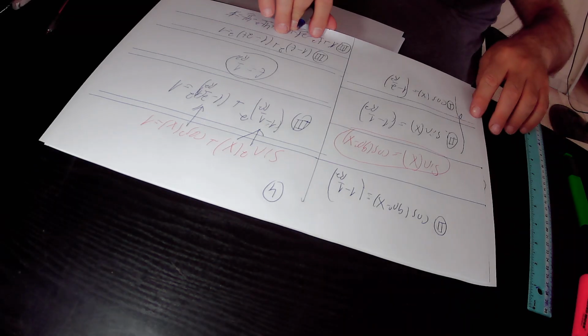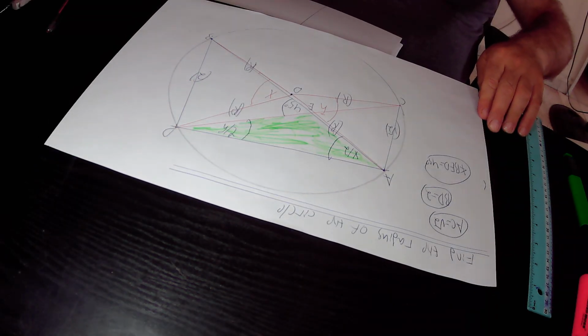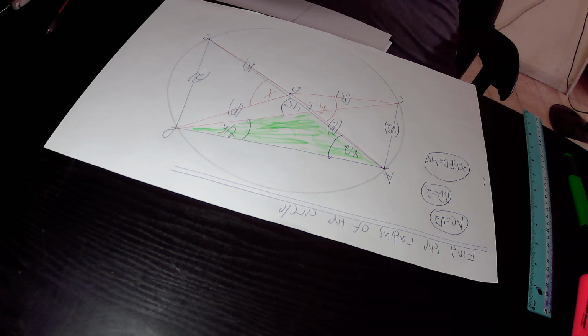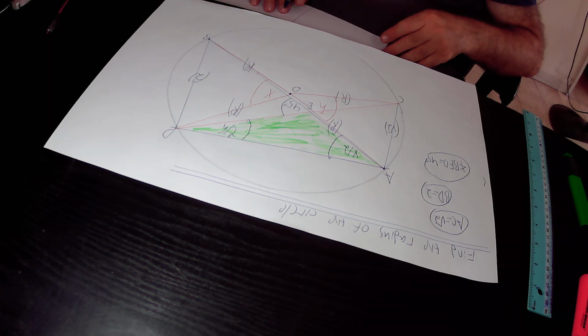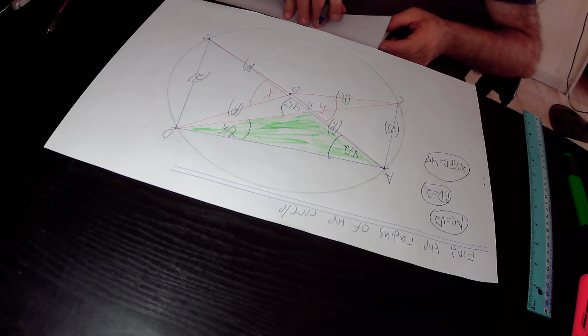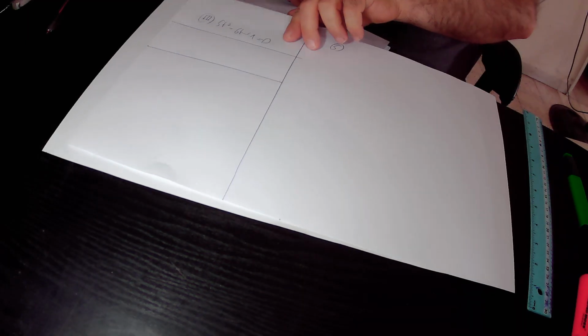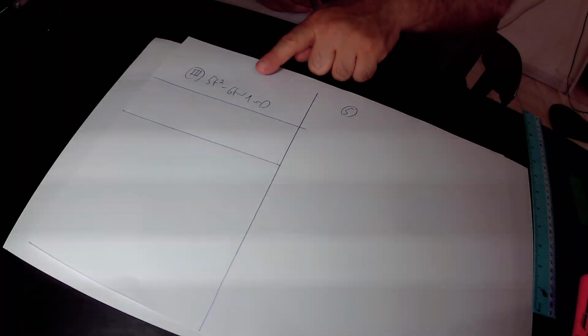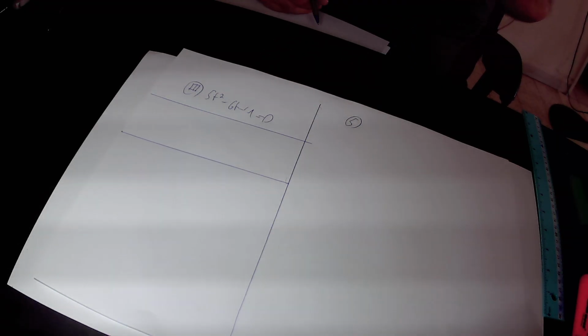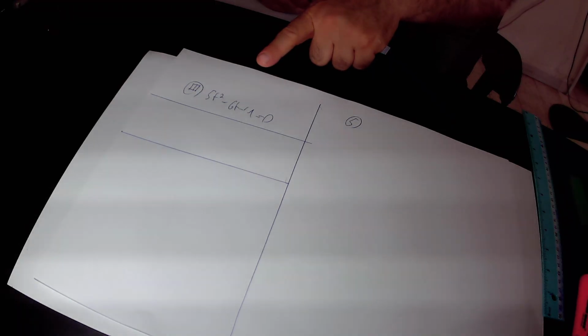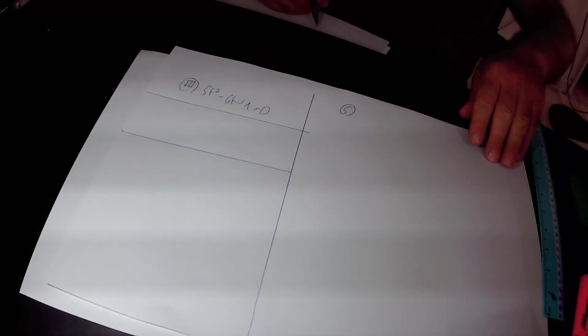In conclusion, we actually found out that according to equation 3, t squared minus 6t plus 1 equals 0. So this is a quadratic equation, and the general formula for a quadratic equation